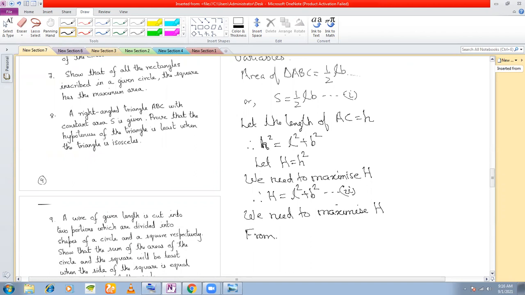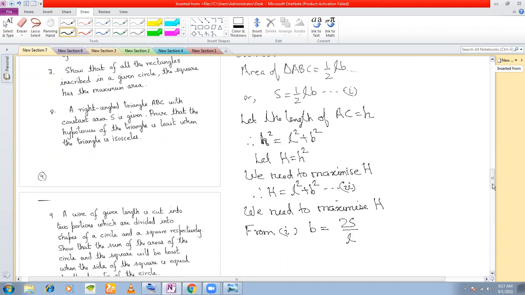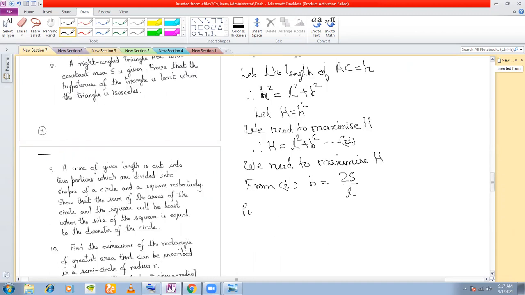From 1, what is the value of B? B is equal to 2S by L. We put this here. Putting this value in 2, we get